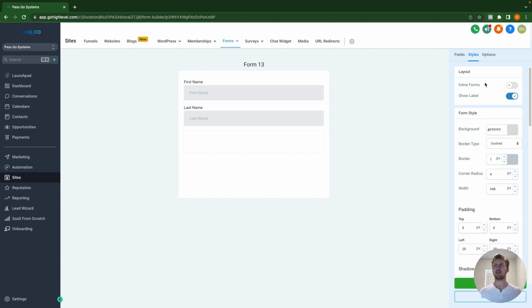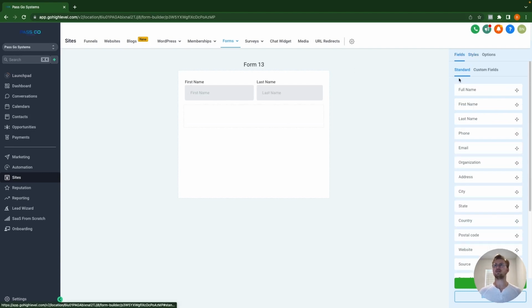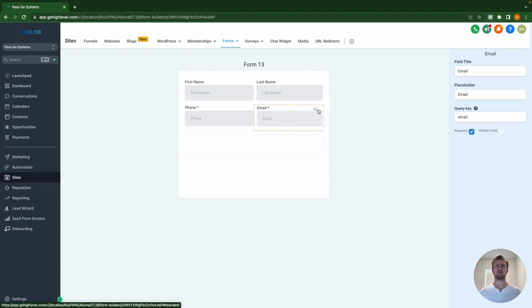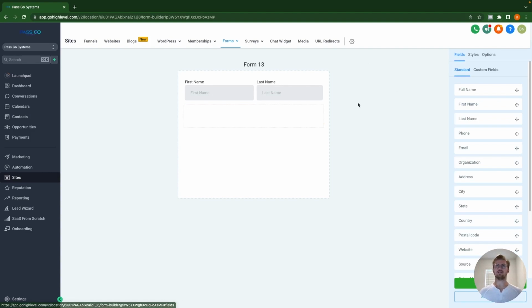So if we click inline forms, this is something that I use pretty often. It's a space saver. So instead of being one line on top of the next, if you click inline forms, now it goes every other row. So if I put phone here and then email, then it builds them two columns. There's two columns essentially. So I'm going to get rid of these, and I'm just going to leave it as first name, last name,